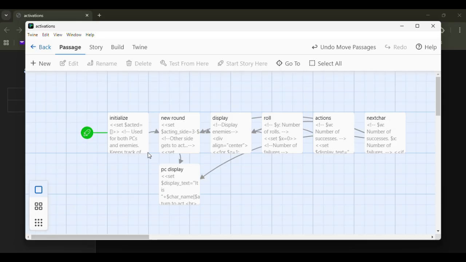So last time I showed you the code, we had 4 passages. This one, this one, this one, and this one. So I've added 3. We have one for actions, which is where the actual actions would happen. There's not much there other than sort of a note that says code goes here, because that's the next thing I need to code probably. We have NEXTCHAR, which is the passage which handles who's next after a character